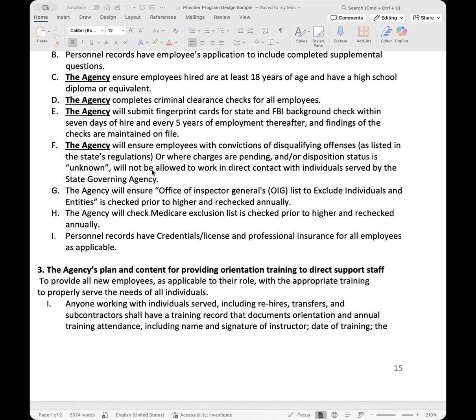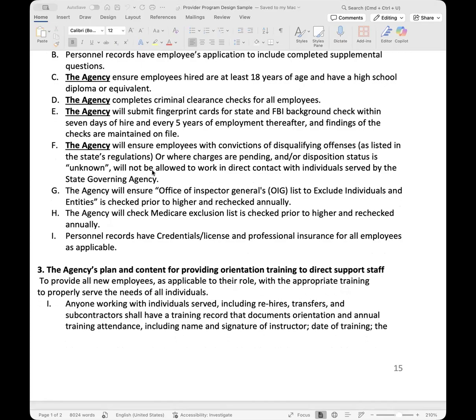Okay, so every state has disqualifying offenses. Typically, felonies will definitely disqualify anybody from the position.